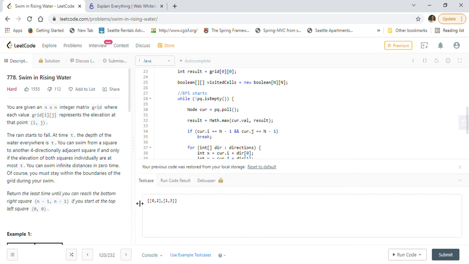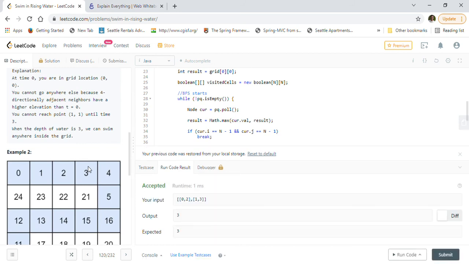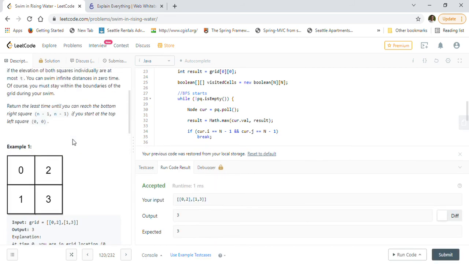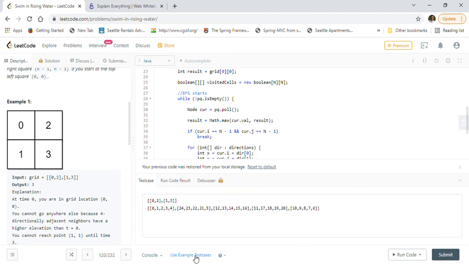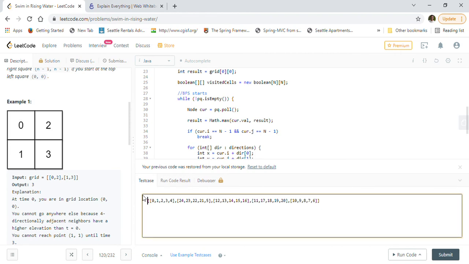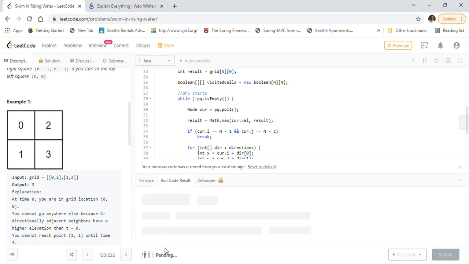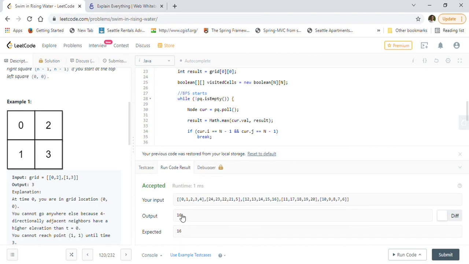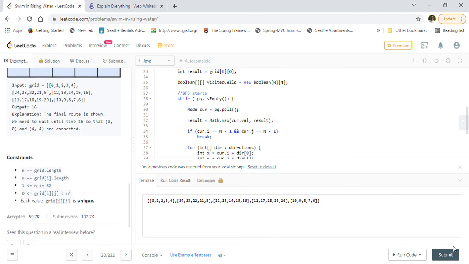So let's take this first example over here and make sure that it works. So it's giving us 3, so it's giving us the correct answer. So let's take another example, the bigger one that we have just tried. This one should give us 16 as the maximum value on the path. So let's run this one. As you can see, it's giving us the correct answer, 16. We have already executed both the test cases, so we will just submit our solution now.